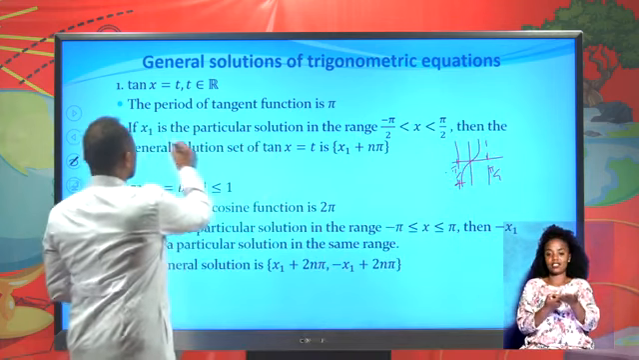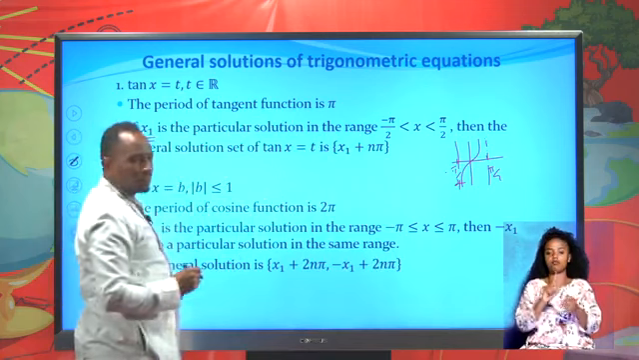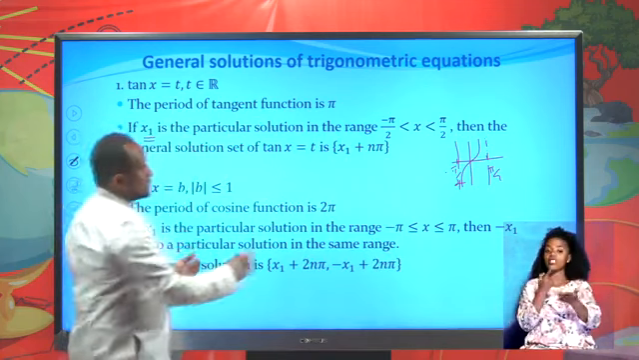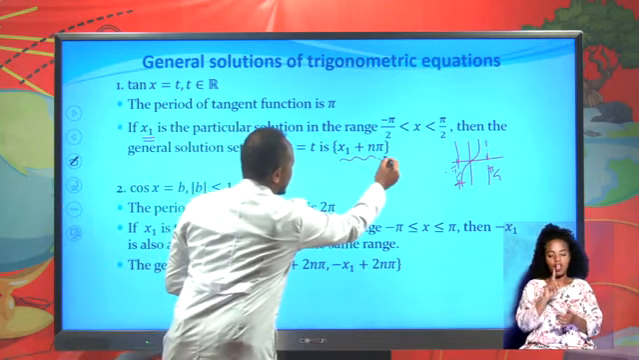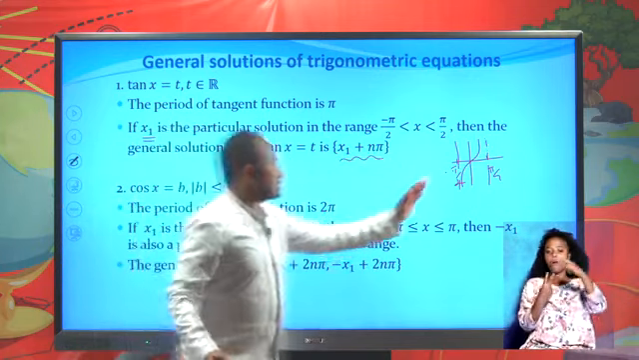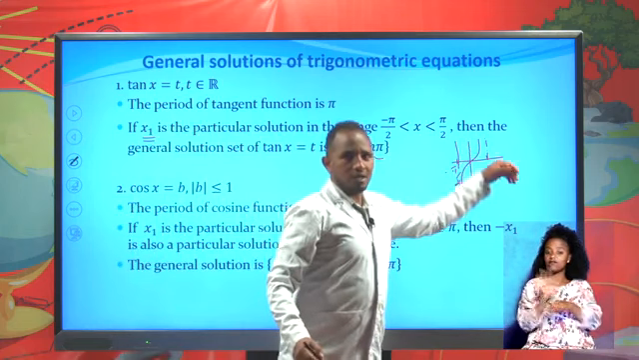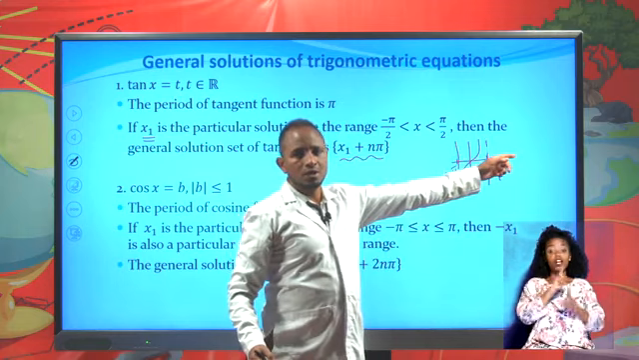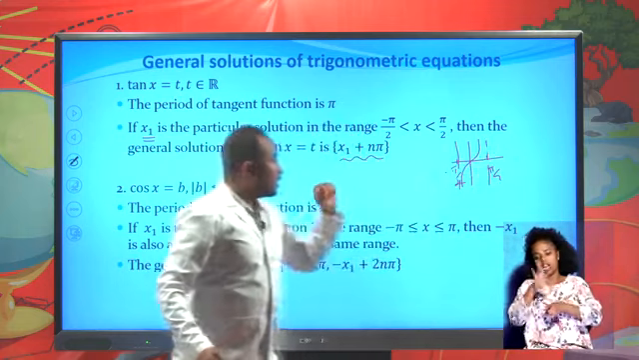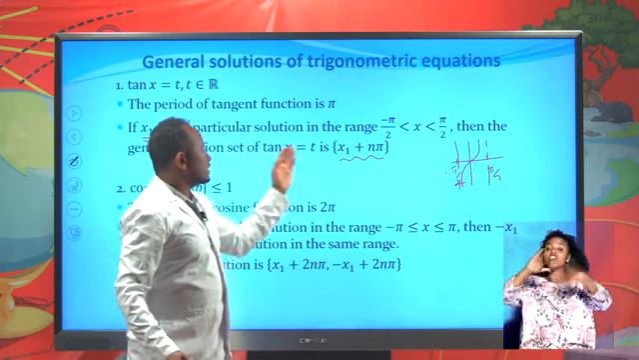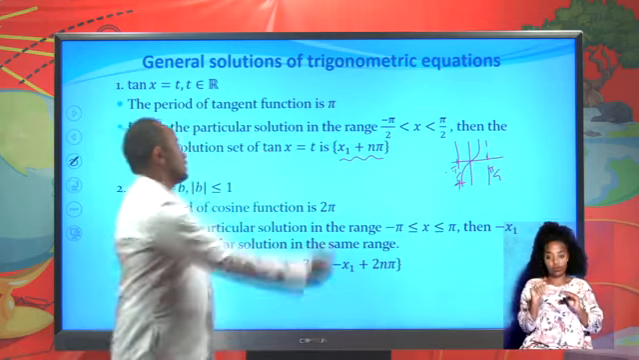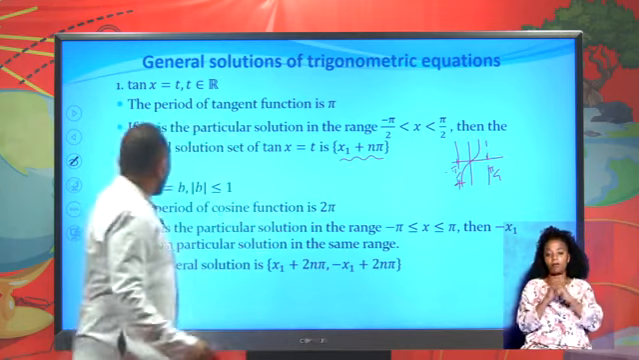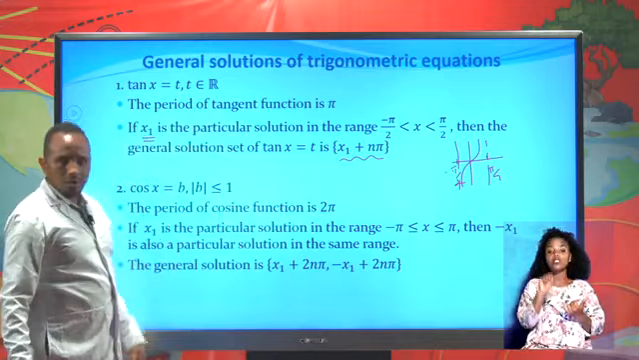Therefore, on this range, if x1 is a particular solution, then the general solution of tan x will be x1 plus n pi, because this tangent function repeats itself after every pi. So if we have one solution here, we also have another solution in the next period, and so on. So the general solution of tan x equals t is given by x1 plus n pi. Now for cos x equals b,